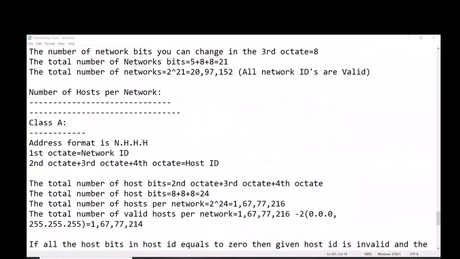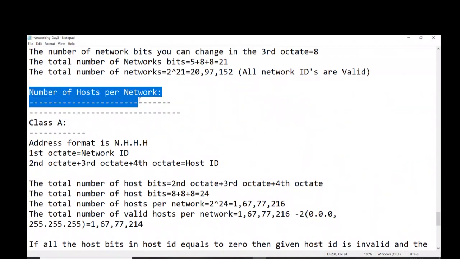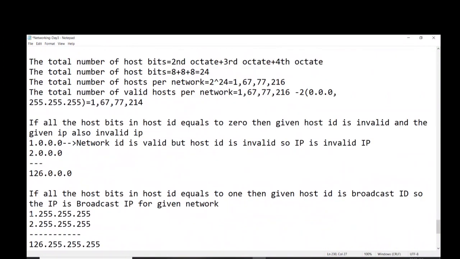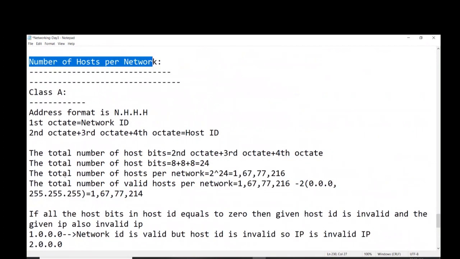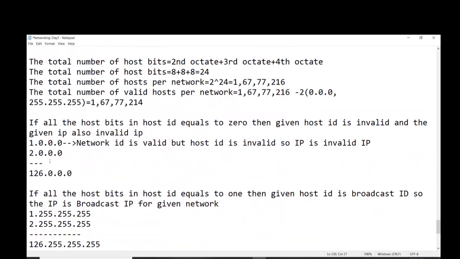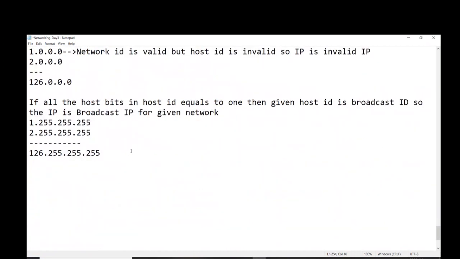Class A address format you already know: network, host, host, host. Now what we are doing: number of hosts per network means for each network ID how many hosts I can connect. So that is the meaning of this total number of hosts. You can go with 1.0.0.1 as valid. Now if I write here valid host IDs for network 1, suppose I consider network 1,